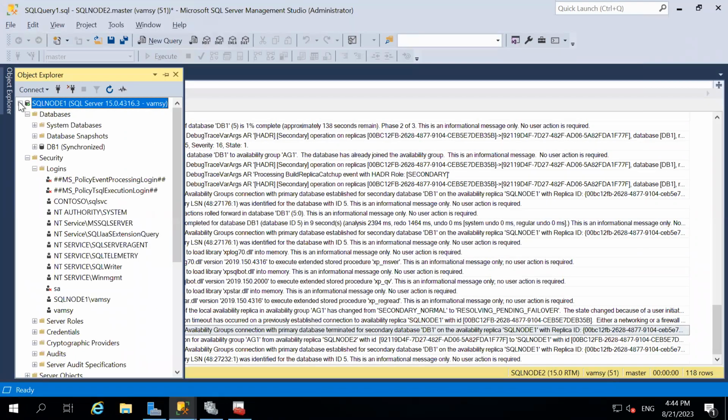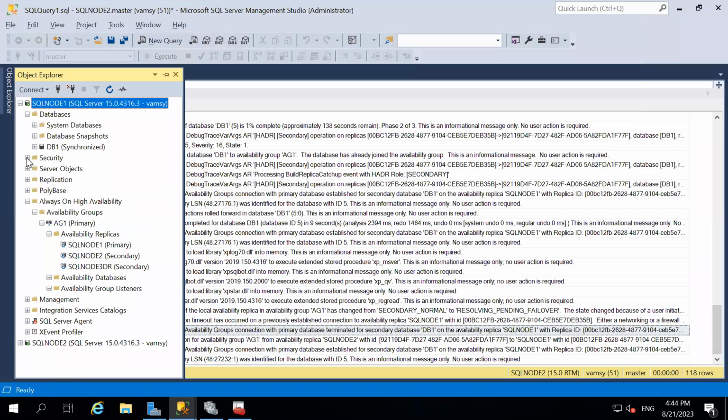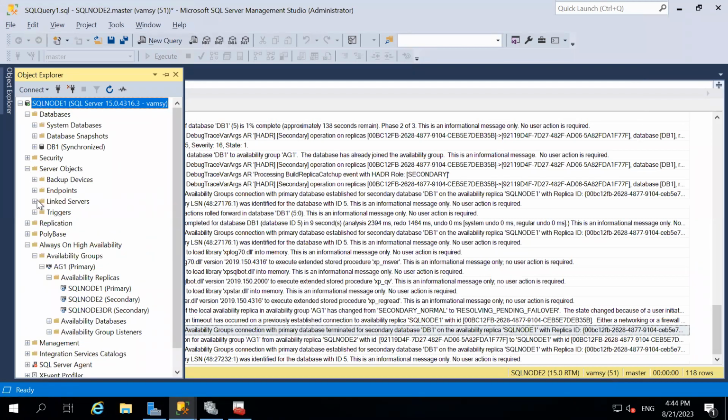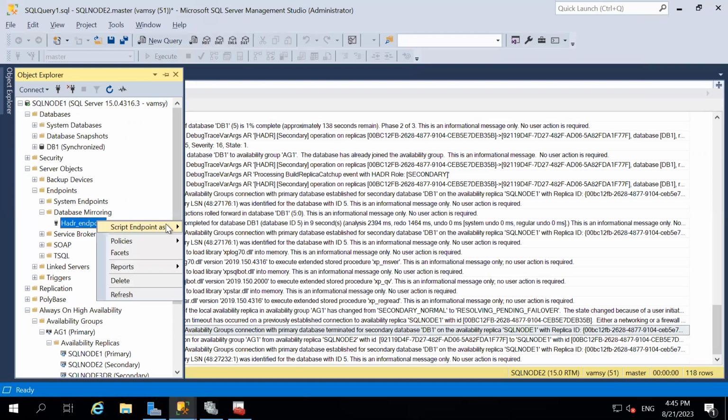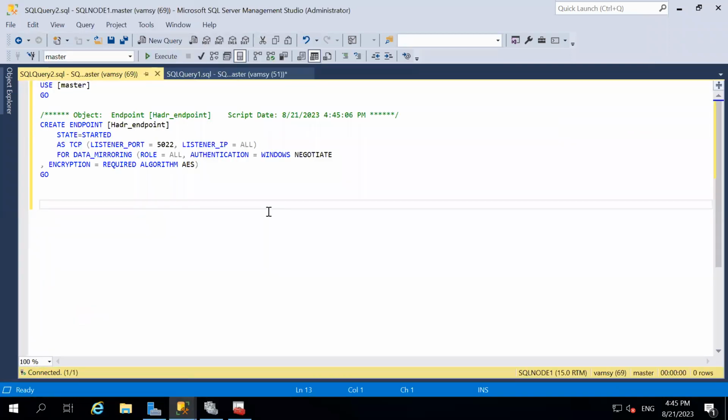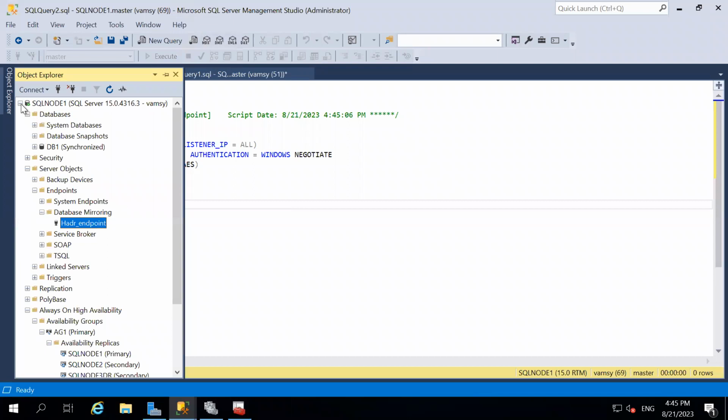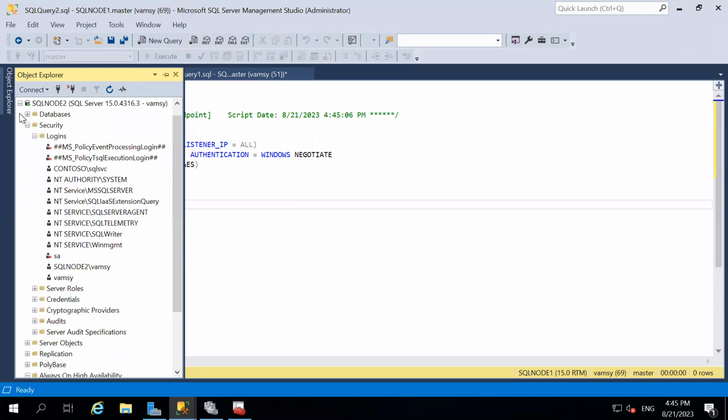Let's check that part for a second, because the algorithm also plays an important role. In the past, I have shown you a demo on this. Database mirroring, right? If I script that out, it is with the AES algorithm on primary node 1. And if there are differences between the algorithms, there are chances